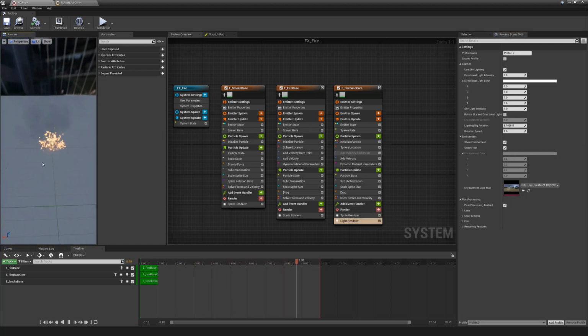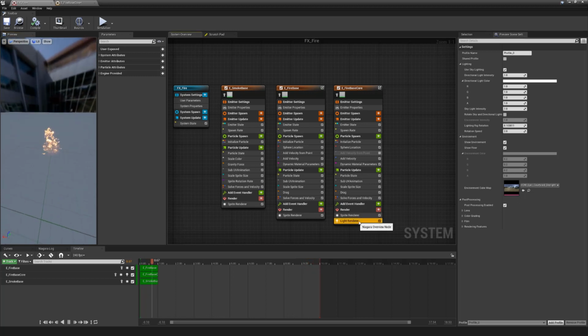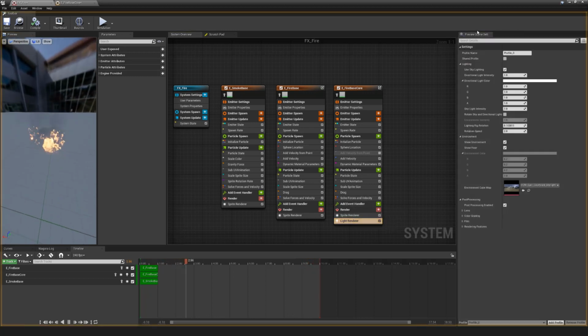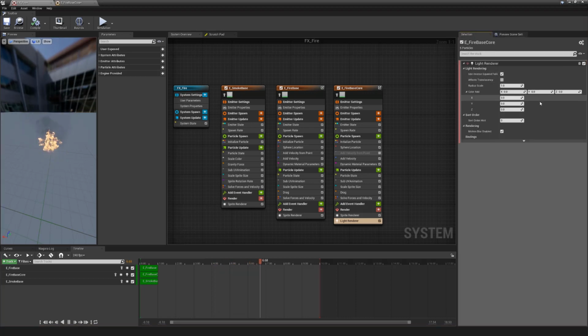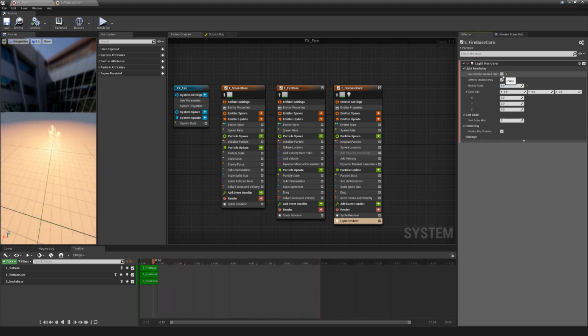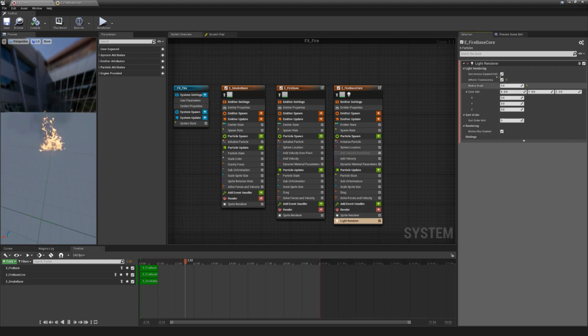And that'll show a little bit of a bounce light on this. In my light renderer, go back to my selection. I am going to make sure it affects translucency, which makes it a little more expensive. And we gave it a 5 radius scale. And if I turn off my inverse, you see that this is enormous. So I'm going to just leave it at 5 for now, because you can see a little bit of light